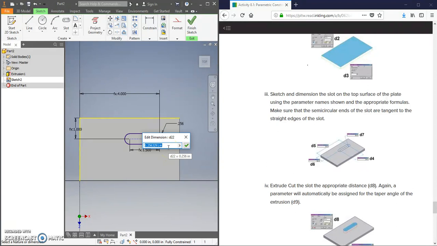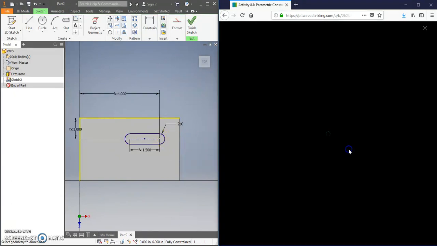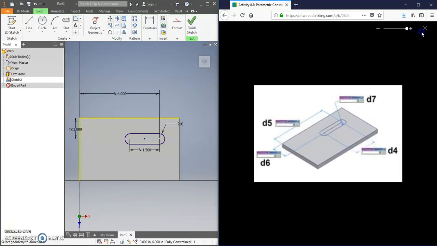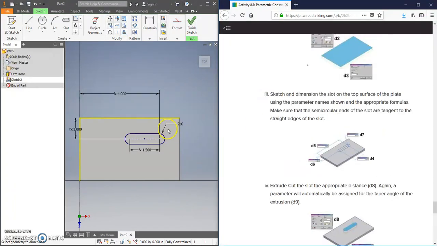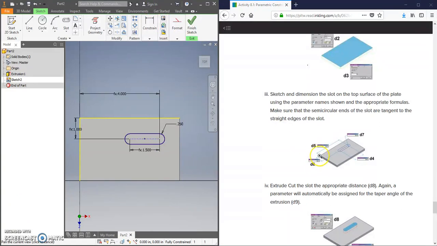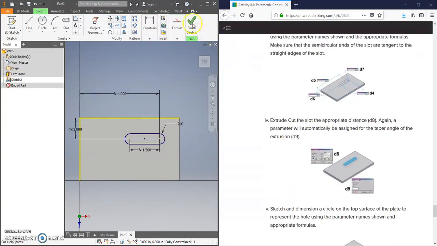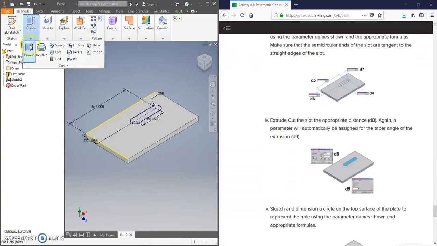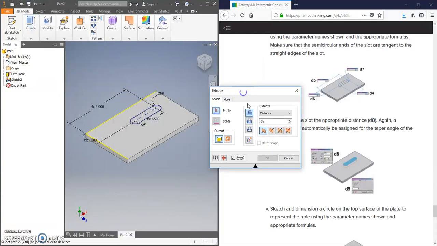And here we're going to pay attention to what things are looking like. I'm going to type in 0.25. And to me, that's looking similar to what we've got going on over here. As I zoom in on this, kind of difficult to see, but that's looking pretty close as an arc. So I'm going to go ahead and let that be. Whereas if that was a real diameter, if I did that, I think it'd be too small. So at this point, I can finish the sketch,